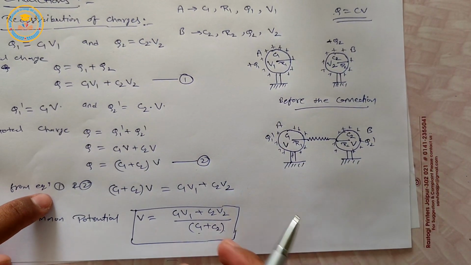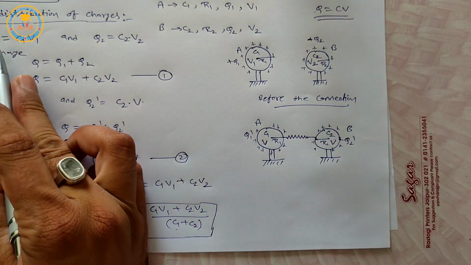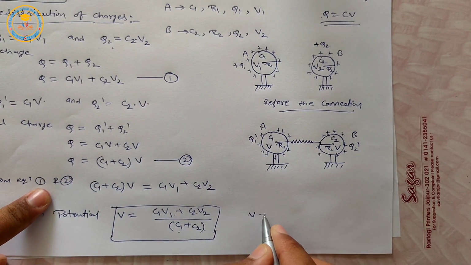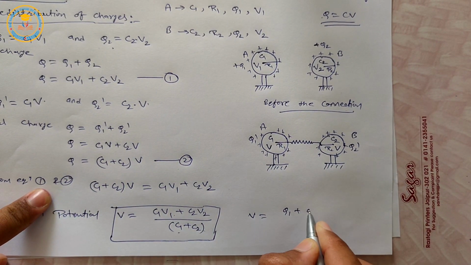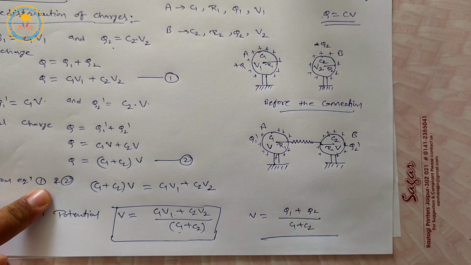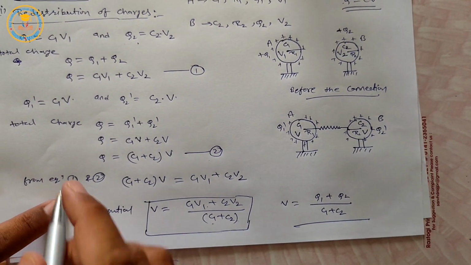And we can write this expression in another form. C1 V1 is equal to Q1 and C2 V2 is equal to Q2. So V is equal to (Q1 plus Q2) upon (C1 plus C2). This is another form of the common potential. Okay. Now from this equation